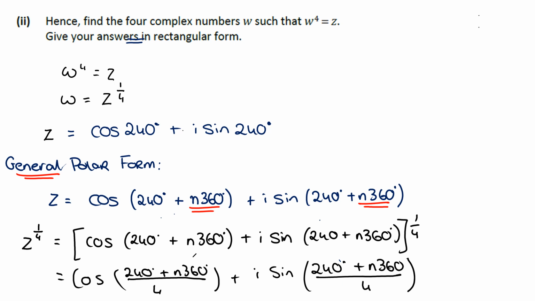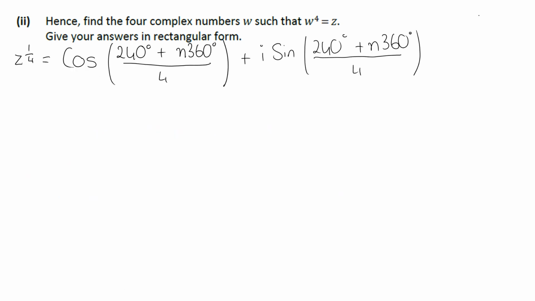Now, that is only a general solution, so we need to take the general solution and start subbing in for n. We want 4 answers, so we're going to use n equals 0, n equals 1, n equals 2, and n equals 3. So now we have the general formula. We're going to do n equals 0. So our first answer is